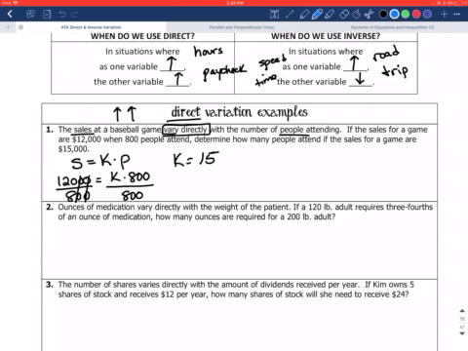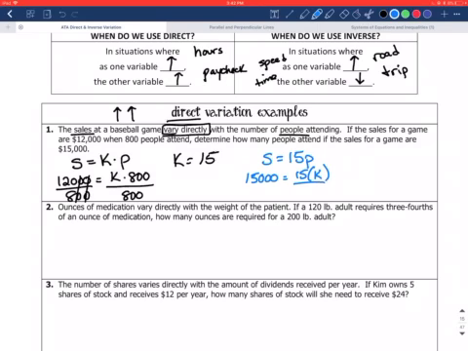So every single time I want you to set up that 15 and plug it back in. Then we're going to plug in either sales or people, whichever they give us. So if it's 12,000 when 800 people attend, determine how many people attended if the sales are 15,000. So obviously the sales increased from 12,000 to 15,000. So our number of people are going to have to increase as well. They didn't make more money with less people showing up, right? So as one goes up, the other goes up. So in other words, our final answer should be something greater than